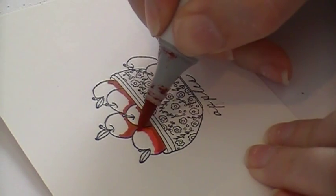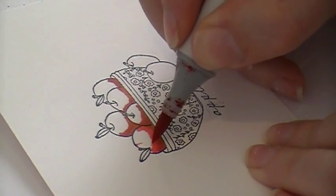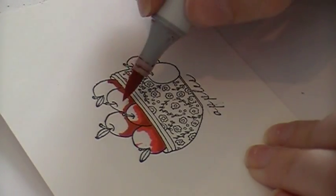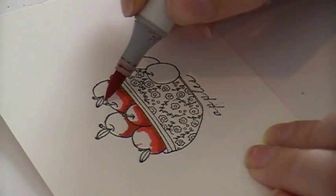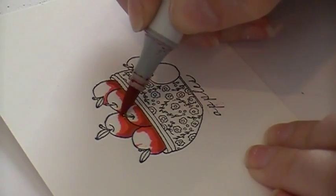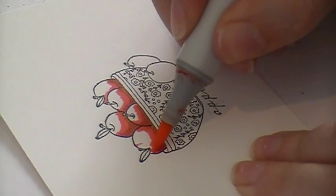I'm just coloring next to, and I want to leave this area here at the top of my apples clean because I'm going to come back in with my yellow green, which today is YG01. Red Delicious apples always tend to have a little bit of yellowish green at their tips. Of course, you can make your apples any color. Granny Smith, you can make them green, but today I'm showing you how I make them Red Delicious. So then I'm going to take my R20